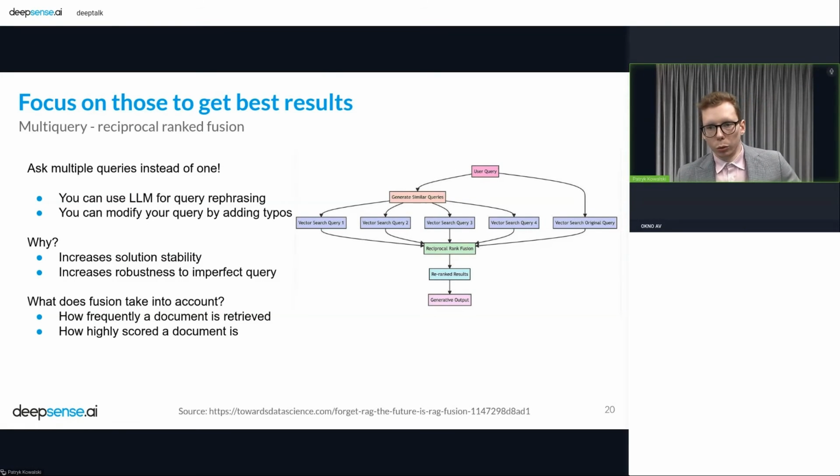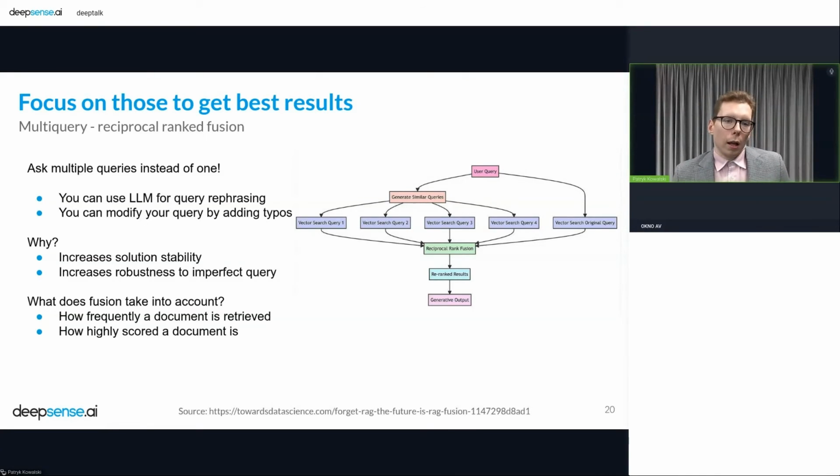So what you can do to remedy that is create a number of queries each time. So whenever you get a query, you create a number of alternative modified similar queries. You run the retrieval for each one of them, and then you mix them together using the reciprocal ranked fusion